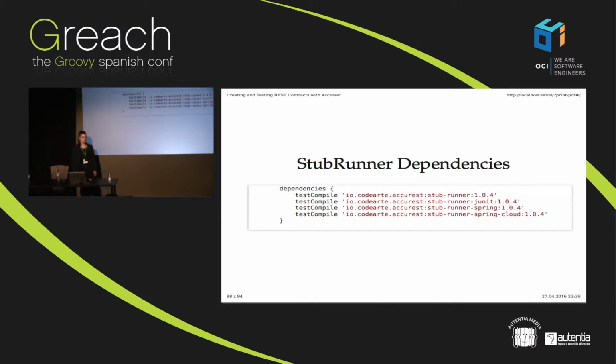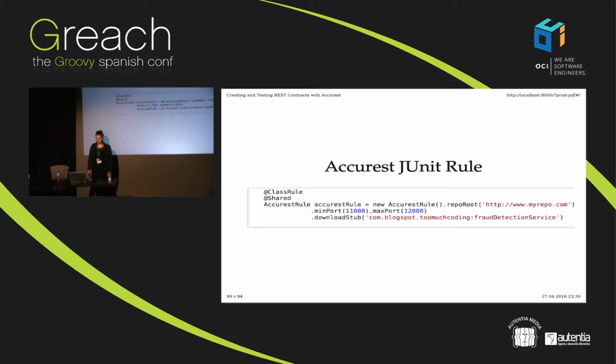And to use it on the client side, this is very easy. We just need to add to the dependencies and test compile any one of those or more, depending on our project. So we can use it with the JUnit rule that is provided. And this is how you would use it. It's very simple. Just on the test, you have to make the rule. You need to pass the root of your repository,